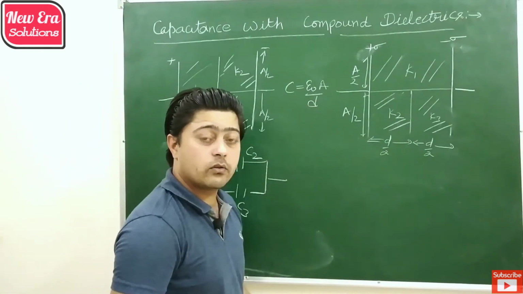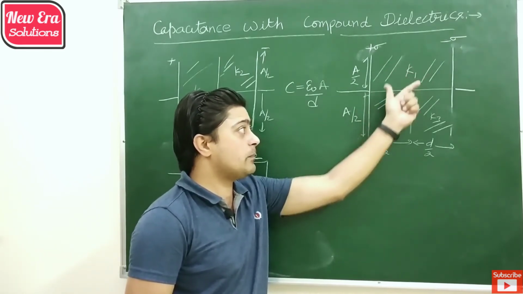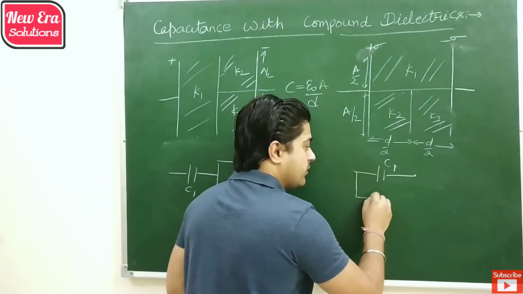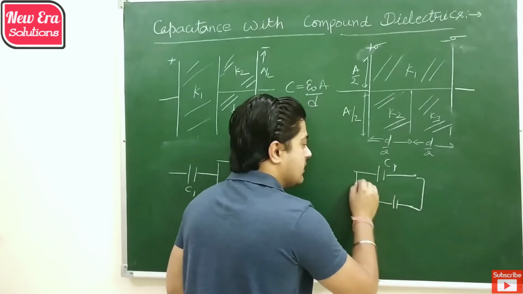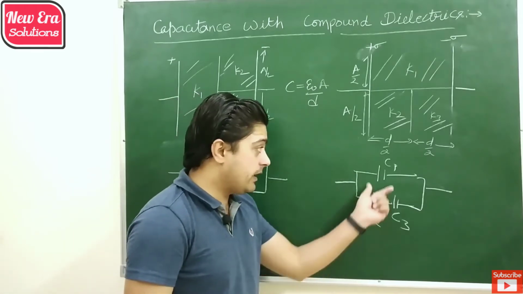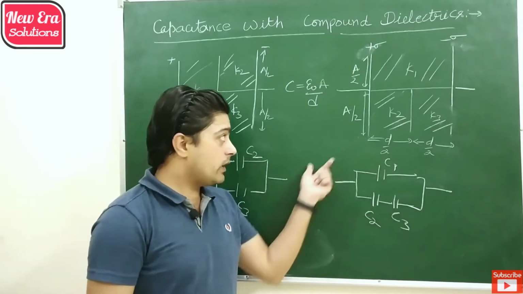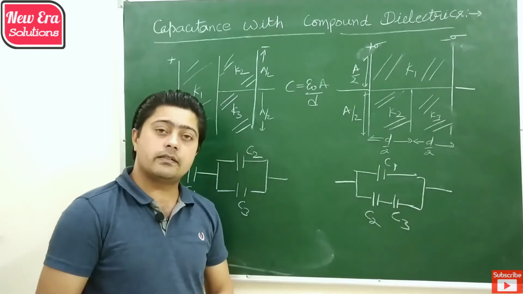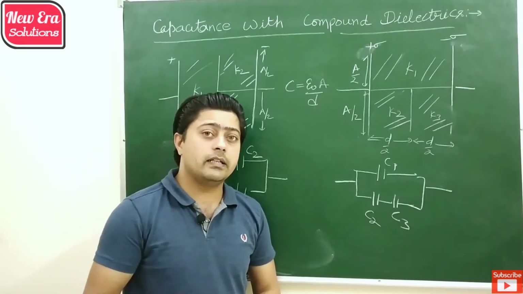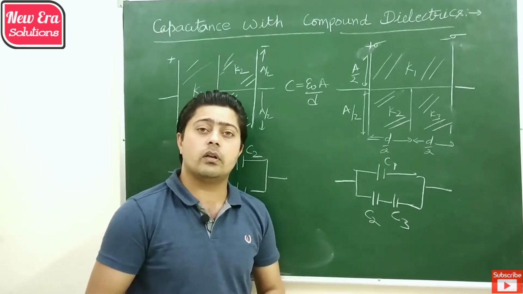In the second arrangement of three capacitors, if you observe, capacitor C1 is in parallel with the series combination of capacitors C2 and C3. So by using the formula of capacitance, we can calculate individual capacitance, and by putting the value of individual capacitance, we can calculate the total capacitance of the system. So in these types of cases, maybe the distance and area are not equally divided, but you can calculate in the same manner by using the formula of capacitance.